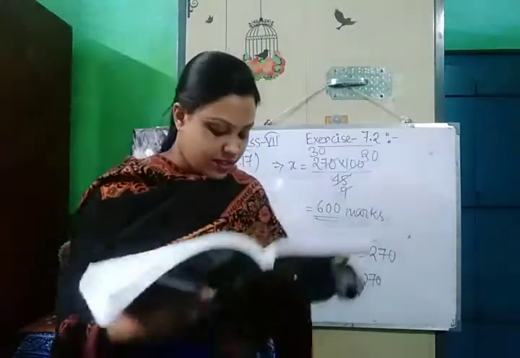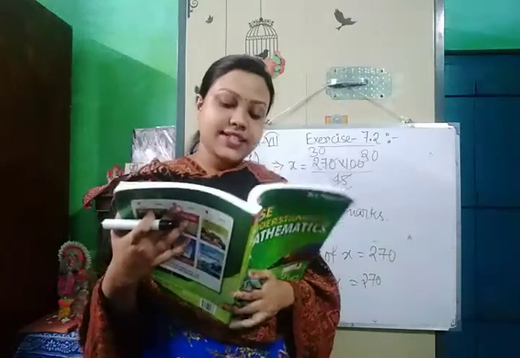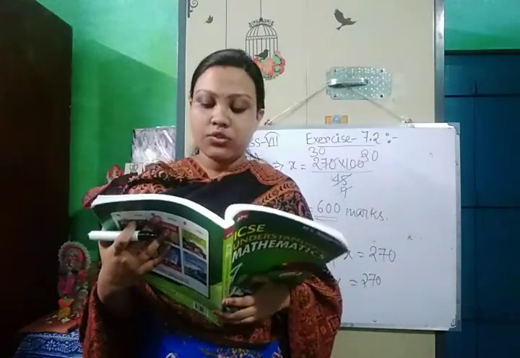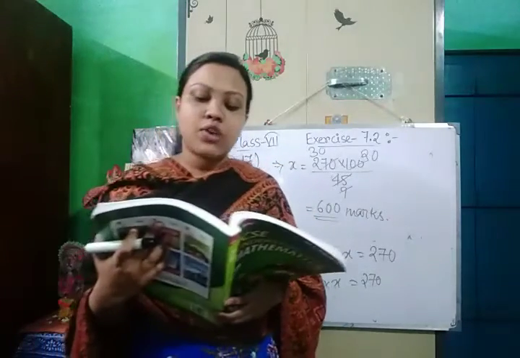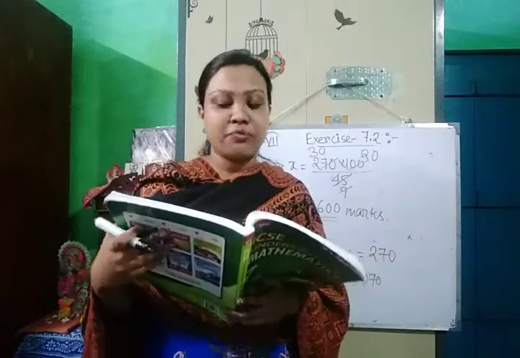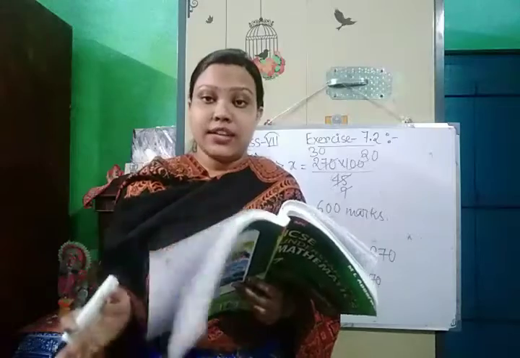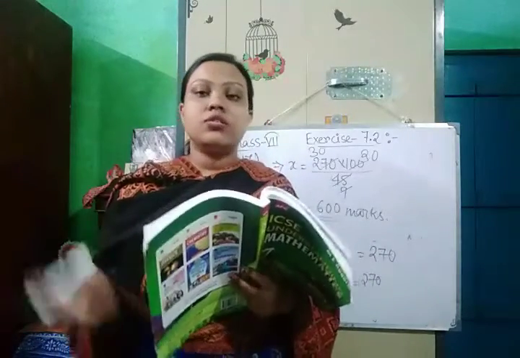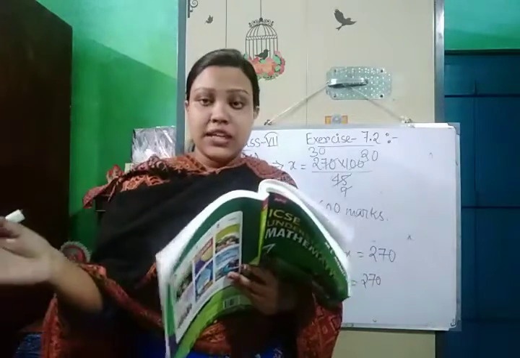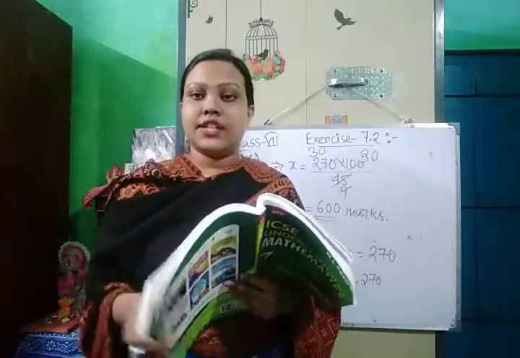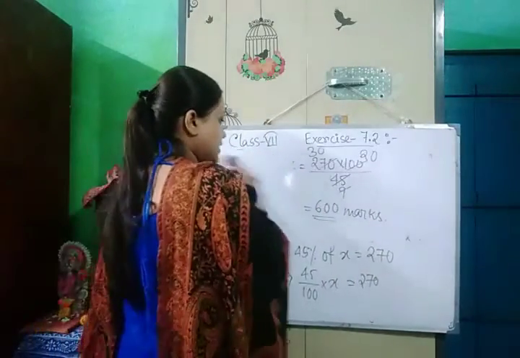Okay, so it's done. Now next I am doing question number 19. Question number 19 is: 40% of the population of a town are men and 39% are women. If the number of children is 12600, then find the number of men. So see, in a town 40% are men and 39% are female or women. If we count the total percentage of men and women, then the remaining percentage out of 100 will be the percentage of children. So we will first find out the percentage of children because the number of children is given.